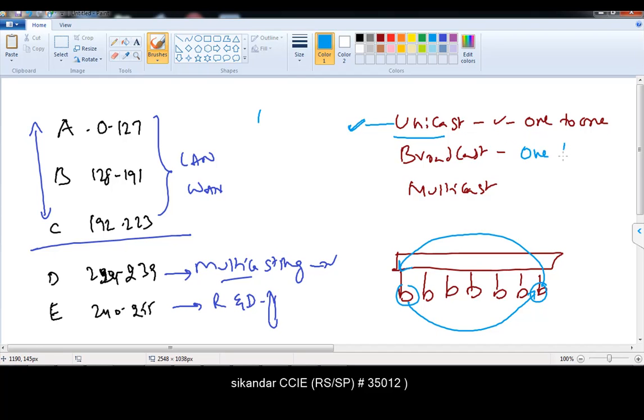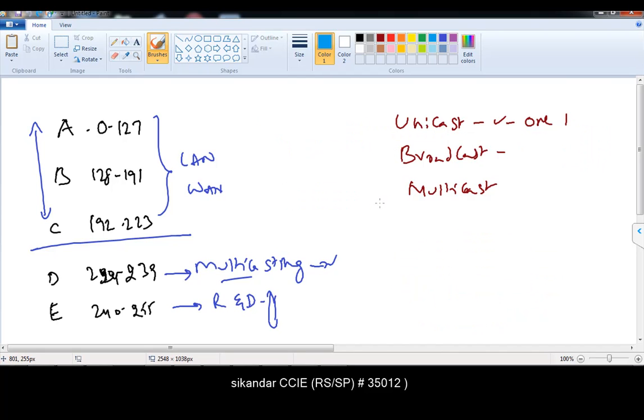Whereas we generally call the next one one-to-all. Broadcast is the second type of communication which happens in our network, and broadcast we call one to everyone. Say I have 200 devices connected in my LAN. One device generates a broadcast, and the broadcast goes to the remaining 199 devices, which means it goes to everyone. There are some broadcast addresses, for example a universal broadcast address, which we call